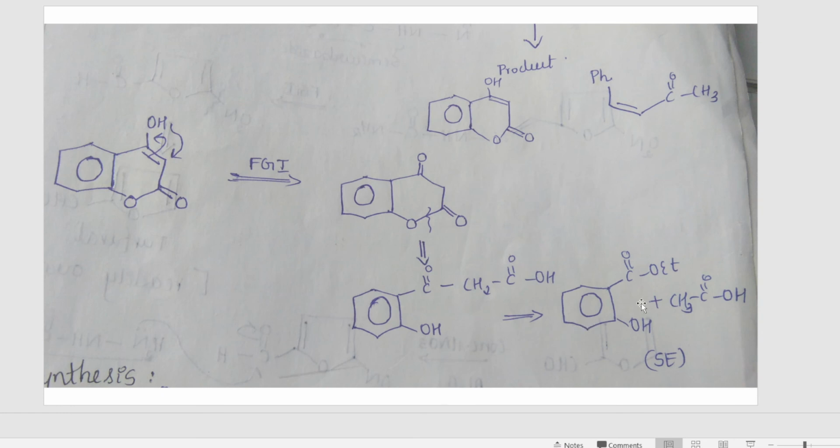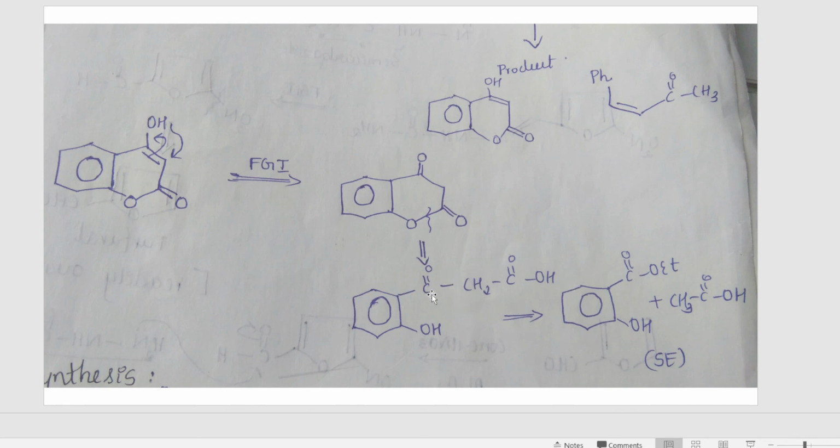Next, further, again you can disconnect it at this particular position. Okay, you can disconnect it here. So you will get C double bond O minus and CH2 C double bond O OH plus. Sorry, this part will get the minus charge and this part will get the plus charge. So to this part you will add one hydrogen. You can write the synthons if you want. Here I have directly written the synthetic equivalent. If you are writing the synthons, what will you write? CH2 C double bond OH minus. This carbon will have a minus charge.